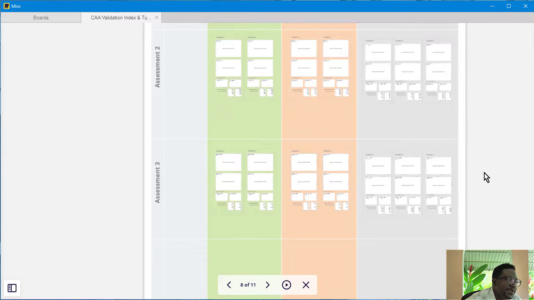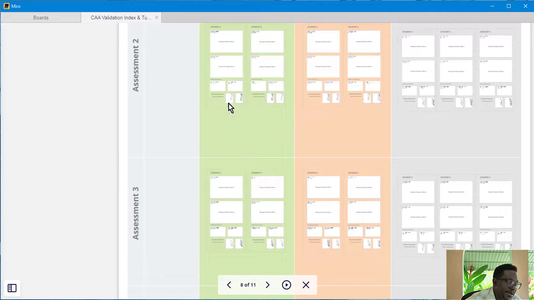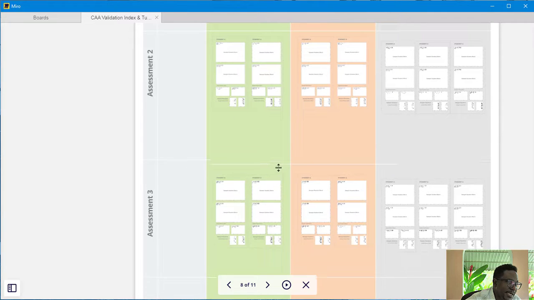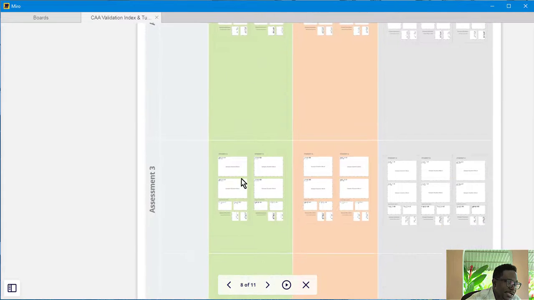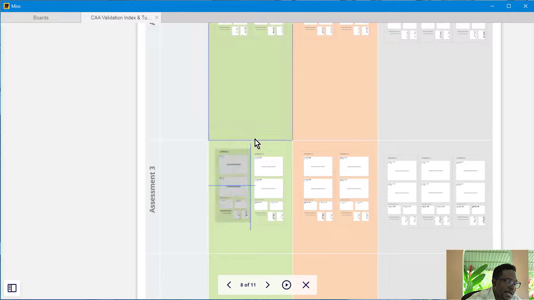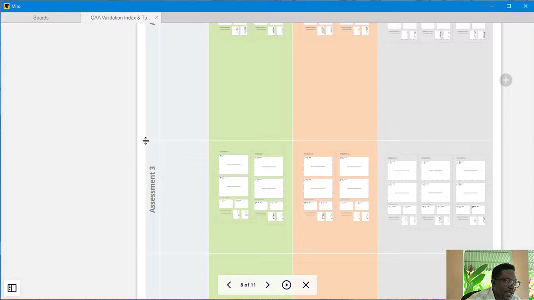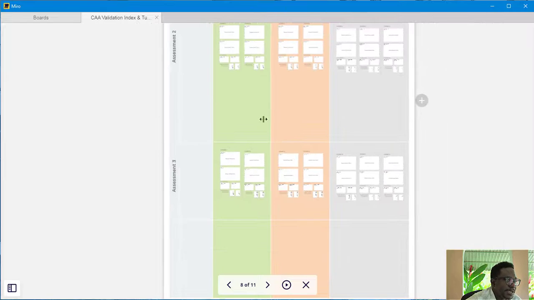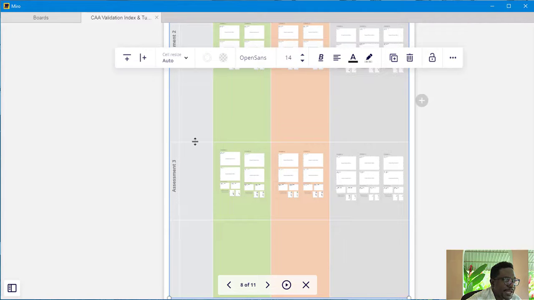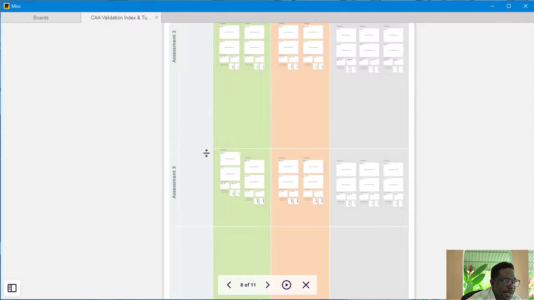If I have more samples that take up more space, as I said earlier, you can resize this and it will keep all of the adjacent student work intact, right? You can also insert a row by clicking this plus button here. And essentially, it's just like using Excel. It's just a little different. Okay, now